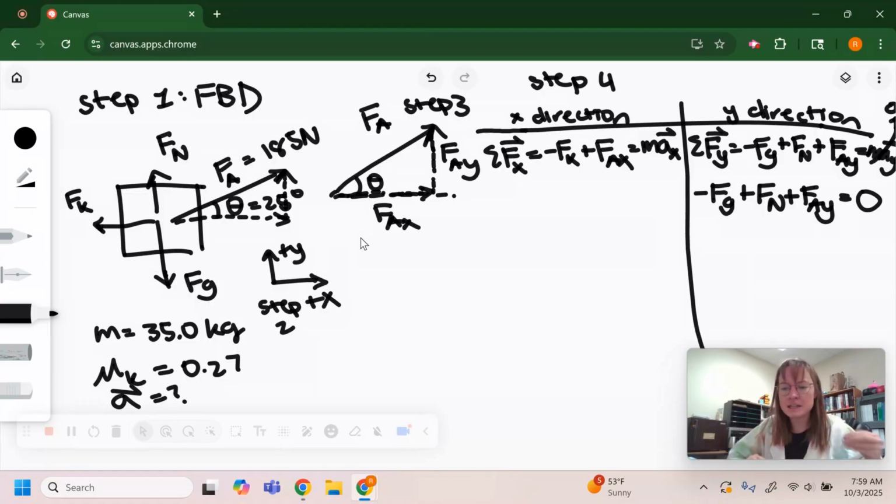You can imagine it like this. Suppose that you are a little ant in between the box and the floor. And suppose that someone came along and applied this force Fa at an angle. Would you, as a little ant,